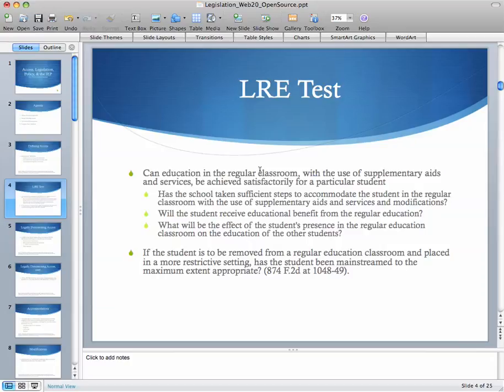So basically what this question is saying is, if the IEP team determines that the regular education classroom is not appropriate for one of those reasons that we discussed above, whether that student is going to have an effect on the other students in the classroom negatively, if the student won't receive an educational benefit from the regular ed classroom, or if the steps that have been taken, the aids, services, and modifications, still do not allow the student to perform in the regular ed classroom. Okay? Have we done all of those things to make sure that the student has been mainstreamed